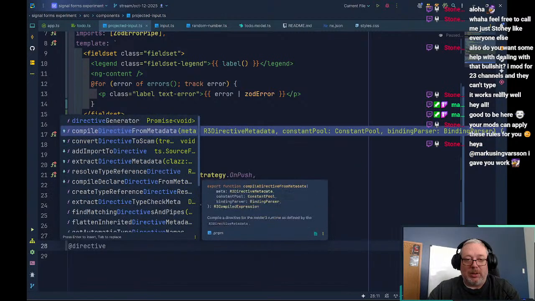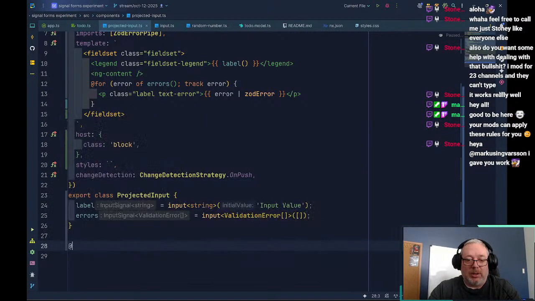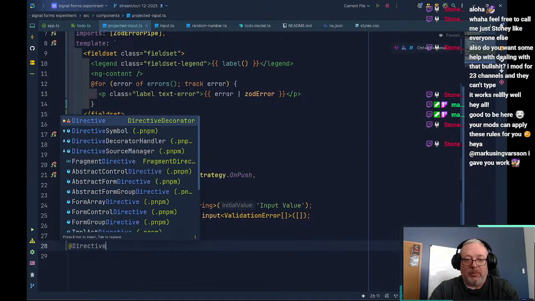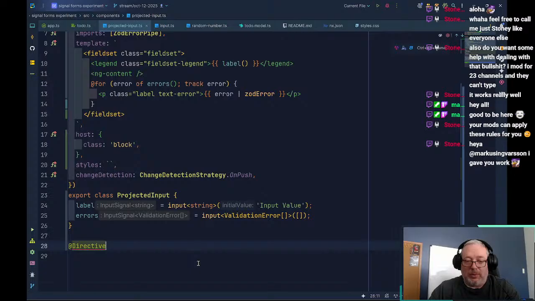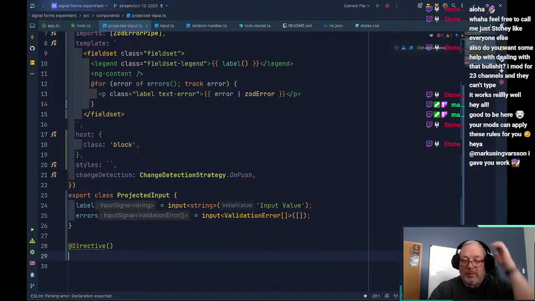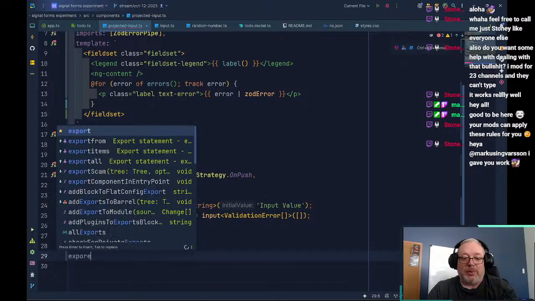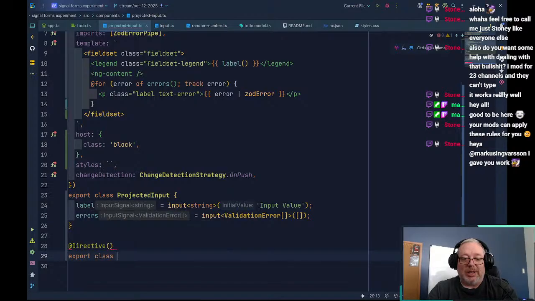There we go. So we'll grab that from Angular core. And this directive, we can just say, hey, export class,